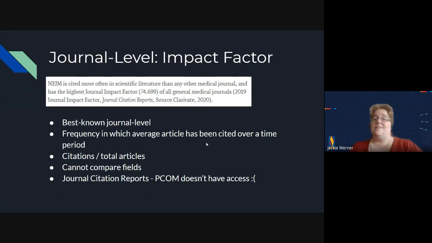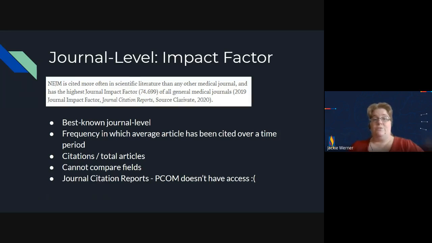So, for instance, some fields are going to cite a lot more than others. So, if you look at, say, the New England Journal of Medicine, you really can't compare that to, like, obscure Shakespeare plays monthly.